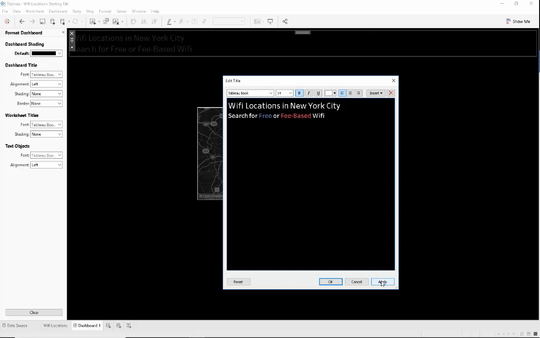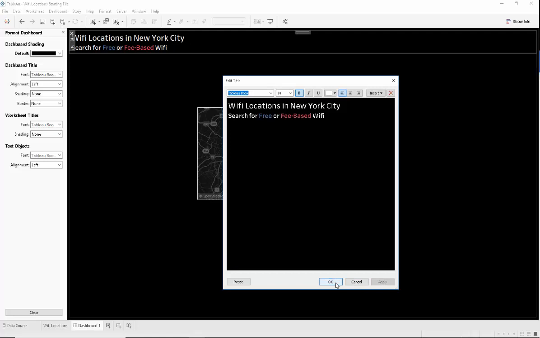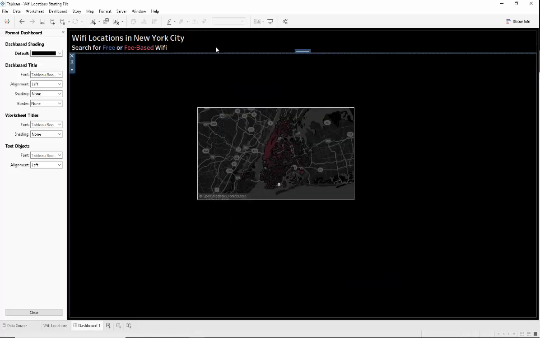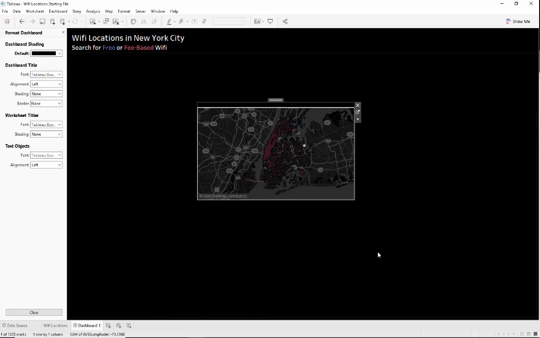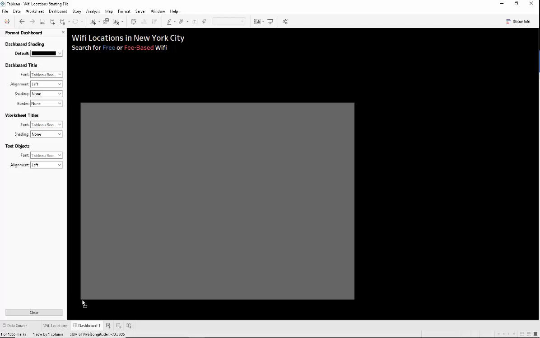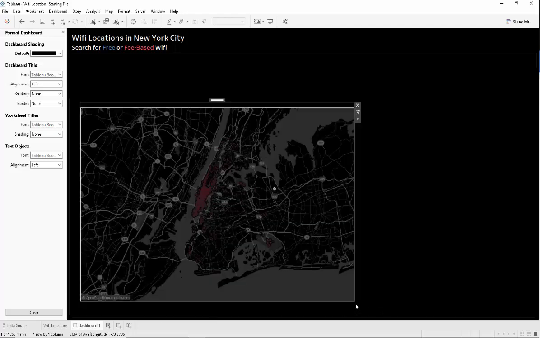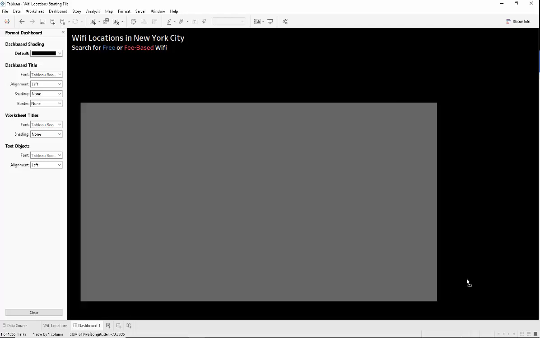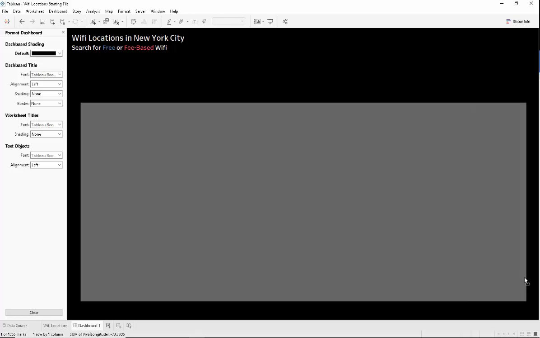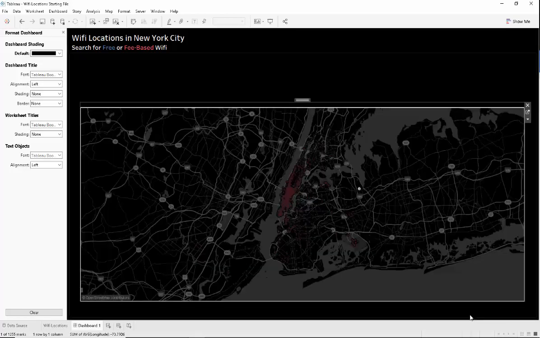So Wi-Fi locations in New York City, search for free or fee-based Wi-Fi. Hit apply and go. Now you have your title in place. I'm going to decrease this and increase the size, leaving a border around. You can do it in any manner you like. I'm trying to leave a border just by eyeballing, but you can also go ahead and change the size of